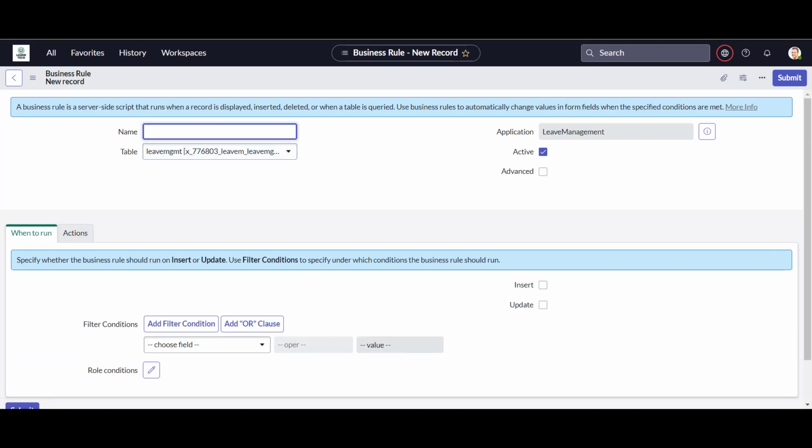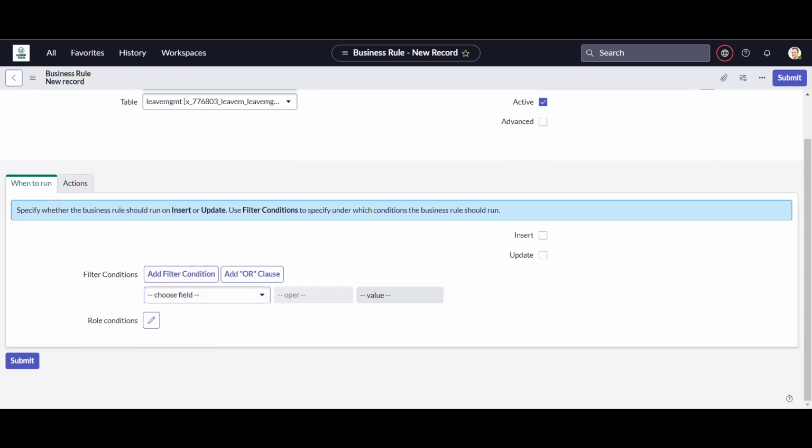Okay, now let me explain what the other things here in business rule are before we start creating and using it. The first thing is when to run. When to run means that when this business rule should execute. So you need to mention the conditions here. For example, let's suppose I want to run something when incident state is pending. So that is a condition, like when I need to run this business rule. To define that, you can define a condition here. Okay, so you can define your conditions here using this